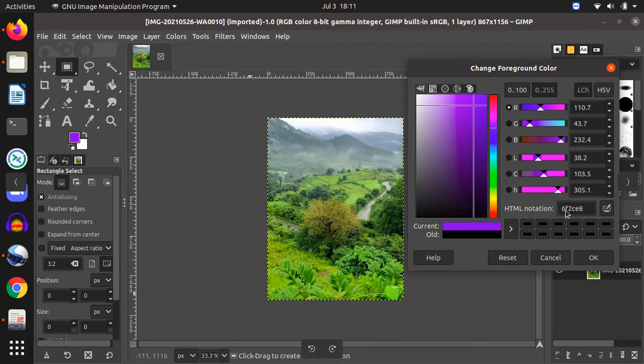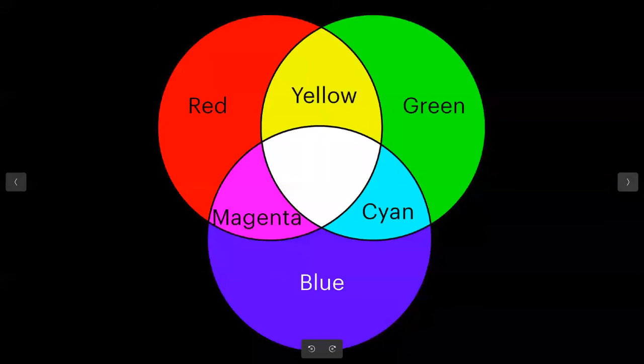The first 2 digits correspond to the color red, the second 2 digits correspond to green, and the last 2 digits correspond to blue. In this way, you can represent color in a concrete way and not approximately, right? This is also one more example of the RGB model.